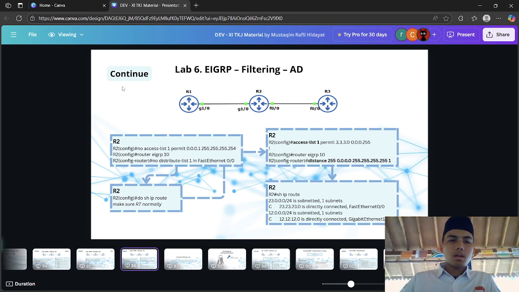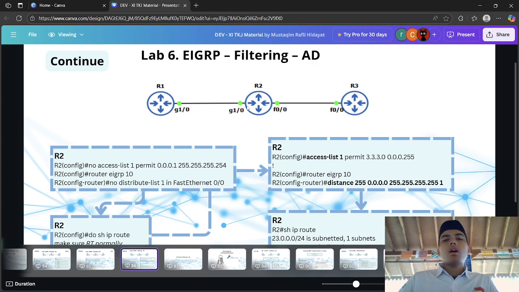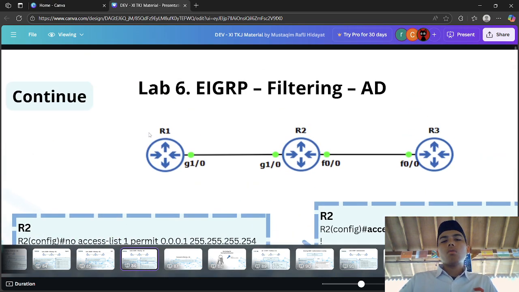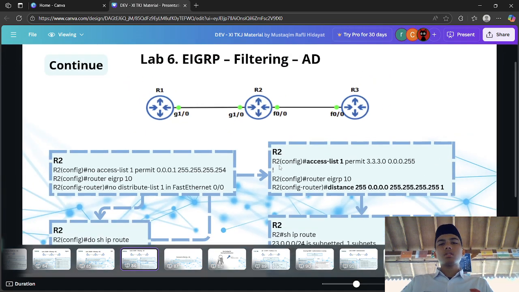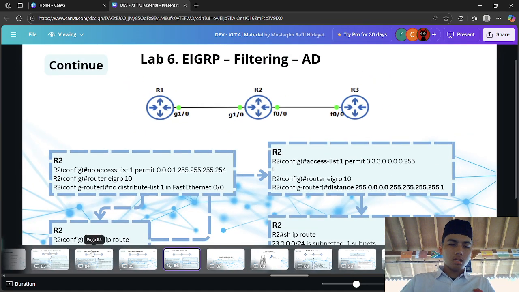In this lab, we have a topology with three routers, and each router has a configuration like this.